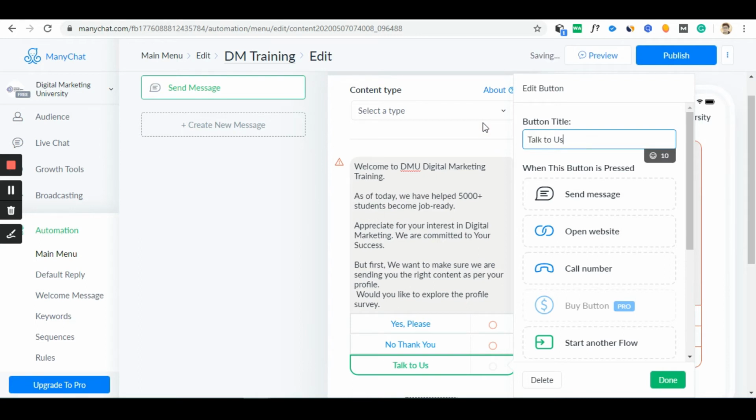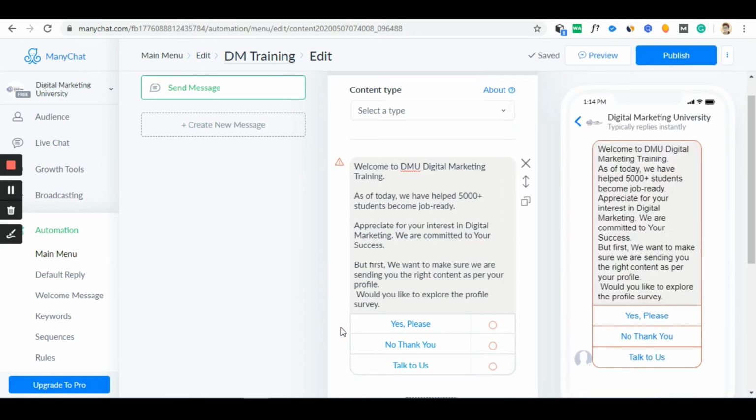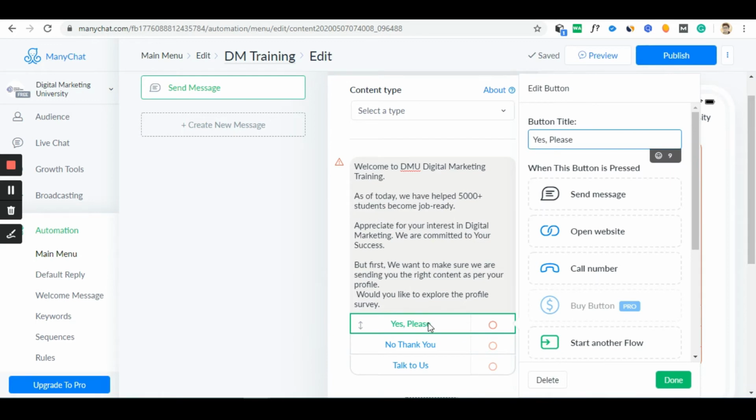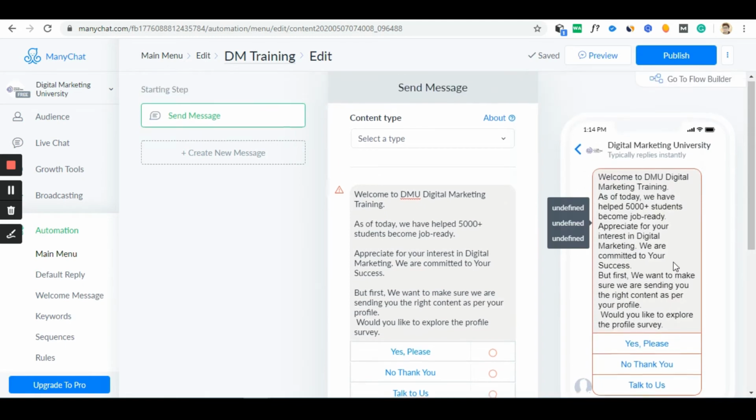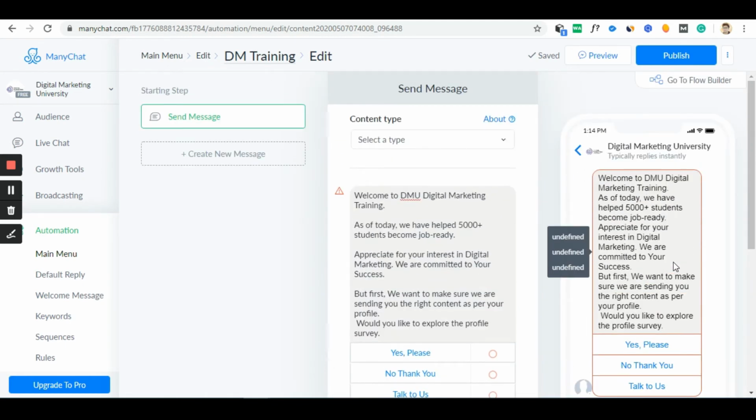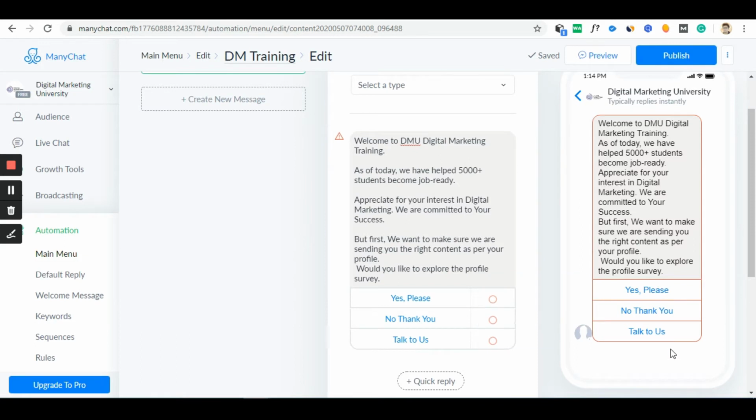So what I'm doing at this stage, I'm trying to ensure that I tap into each and every type of audience that I might get in my Facebook Messenger or on my Facebook page. So here are the 3 quick call to action buttons that I want my user to see, respond back, or take action upon. So let us fix this for yes please first. Whenever someone clicks on yes please, what happens? Before that, I'll just quickly show you the preview. Whenever someone gets started with your messenger, they see this message and some quick buttons to get started with the communication. You are controlling the communication, so you are providing the call to action button.